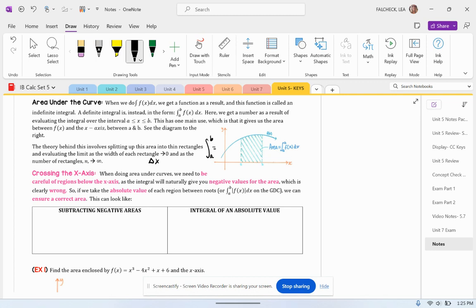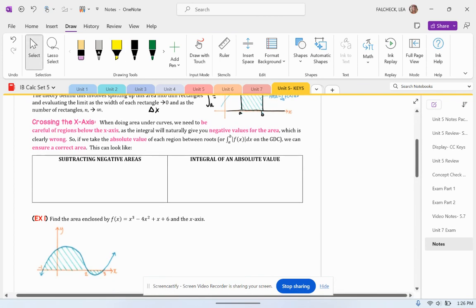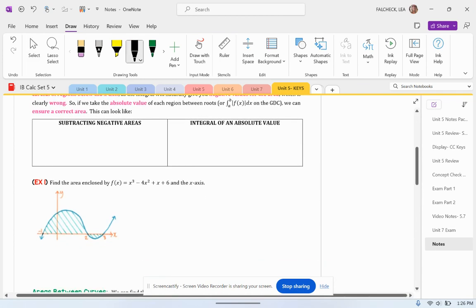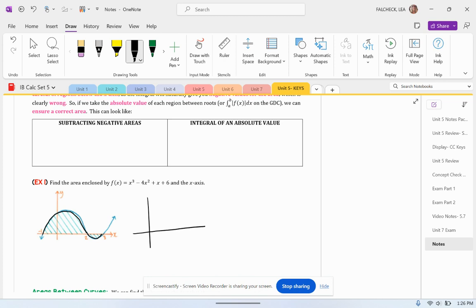So if we're trying to find the area under a curve and it's bounded by the x-axis, it's super easy to find, right? We just find the integral between A and B. What about when curves get a little funky, right? What about when curves have areas both above the x-axis and below the x-axis? Well, area under a curve is always going to be measured as something positive, right? So how do we account for the fact that there's going to be a negative part